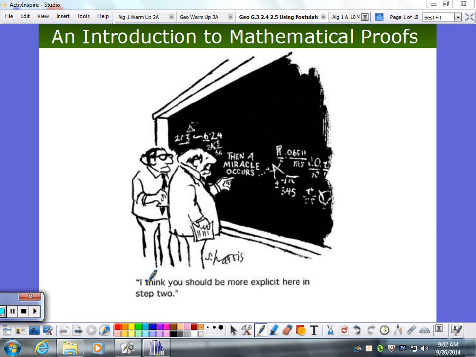I think you should be more explicit here in step 2. We're learning about mathematical proof. So if you're a mathematician, this is hilarious, I have to say. These two very studious looking guys here are proving some concept in mathematics, and then they just say